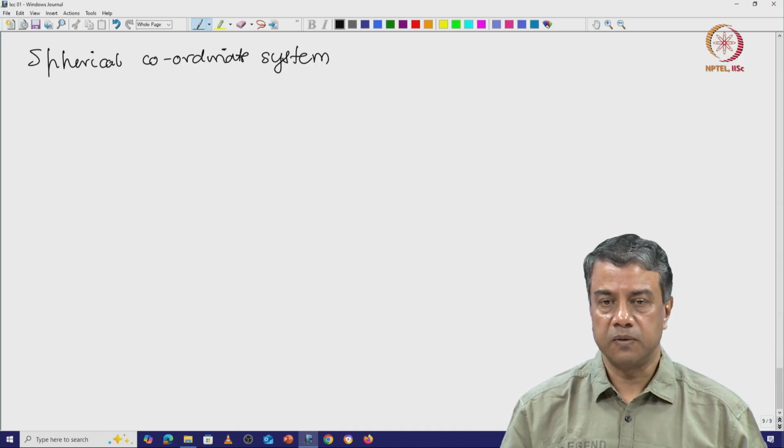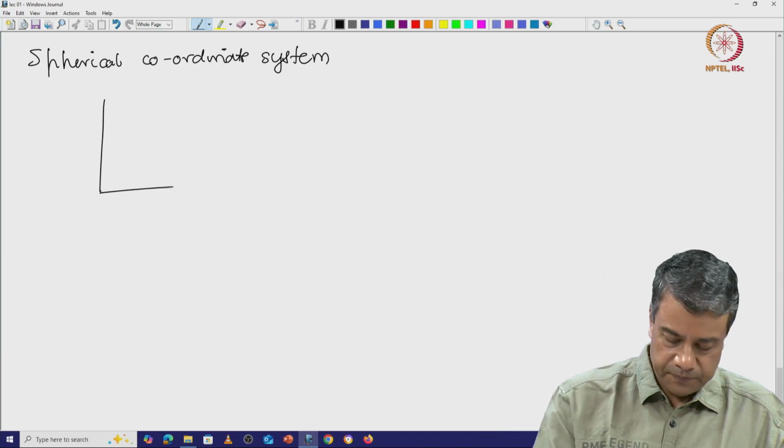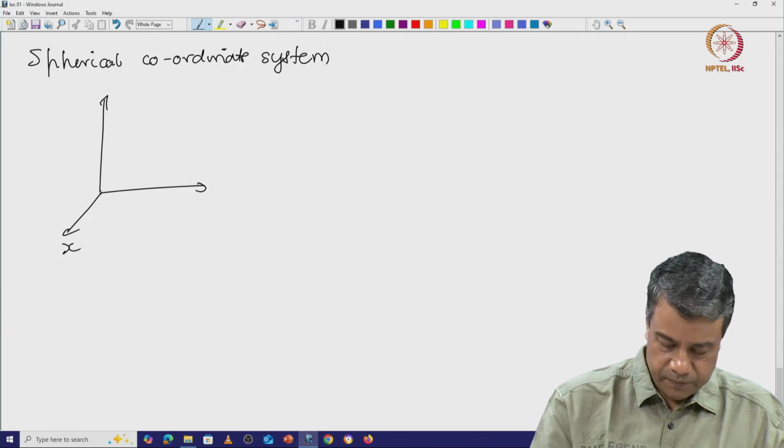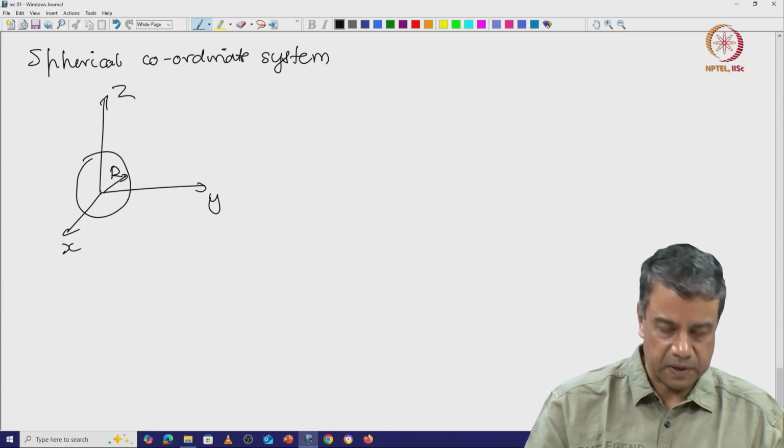If, for example, you want to solve the problem of heat conduction or diffusion around a spherical particle of some radius r, say,